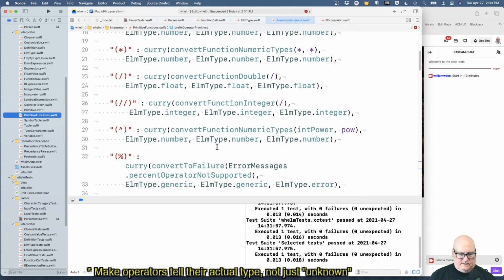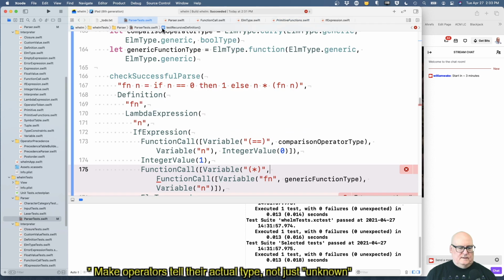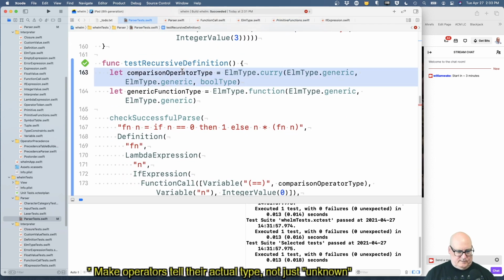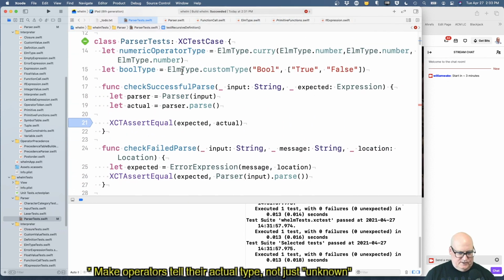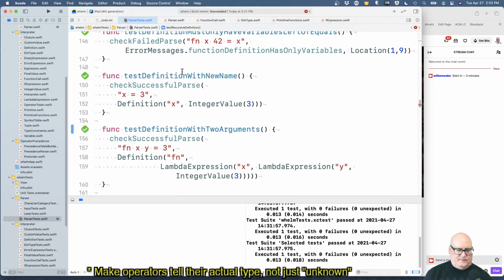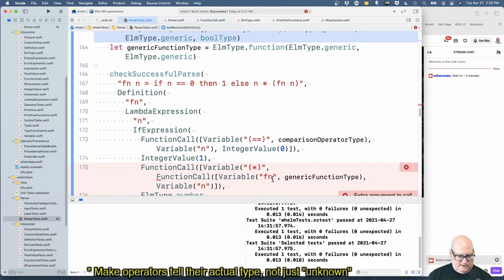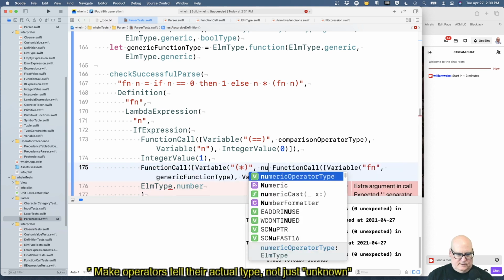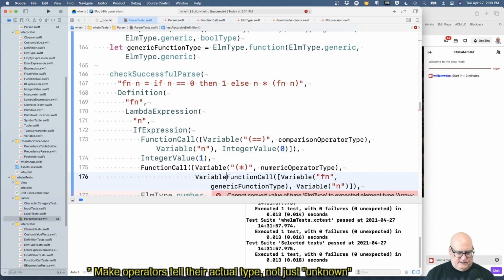I guess we don't have that. Okay. Comparison operator type. There's going to be, oh, we have it up top. Numeric operator type. All right, so this one is a numeric operator type. That's the variable. Okay. Then we reference n